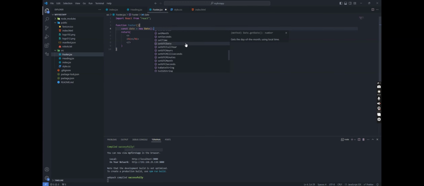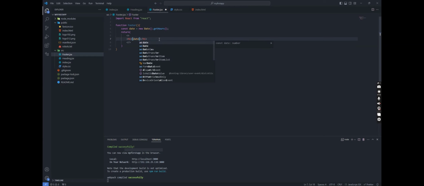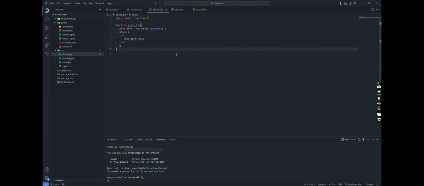The get, there will be the string, for example the hours. Okay, let's make it, and inside this we're going to call the date. See how we call in the HTML file. Now we're going to export it. To export it we call export default